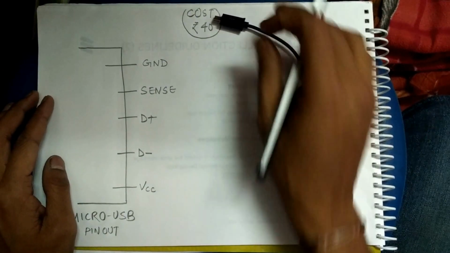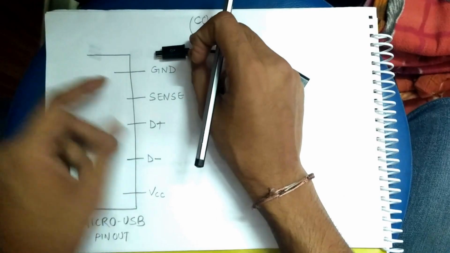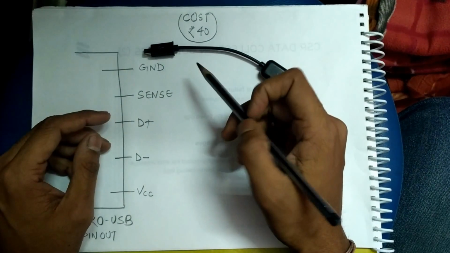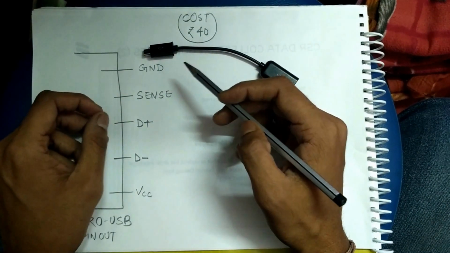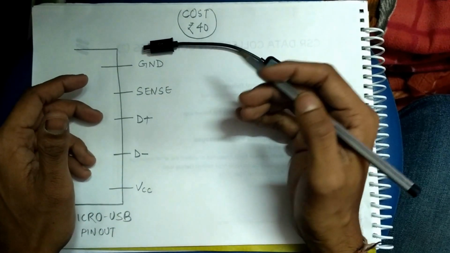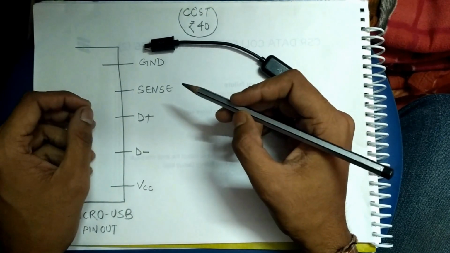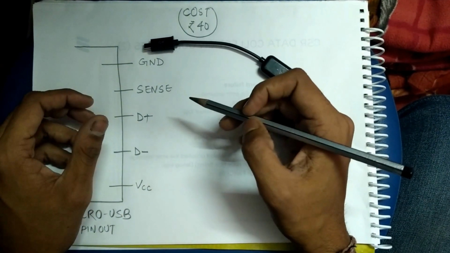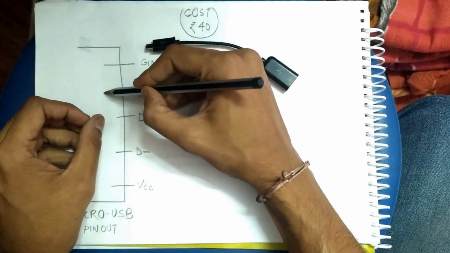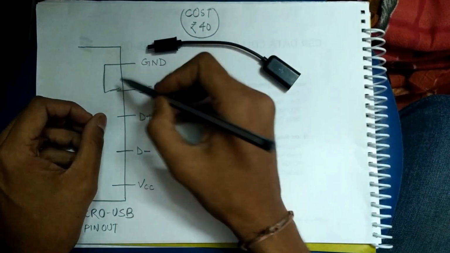Consider a scenario where we have a cable with 2 micro USBs at both ends. So when we connect the phone at both ends, we will see that none of the phones gets charged because the phone cannot decide who is the master and who is the slave. So for that, we need to have a mechanism to inform the other one that I am the master and you are the slave. That is achieved by shorting this pin in the case of this OTG cable.